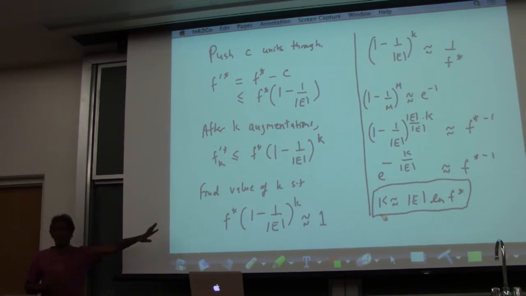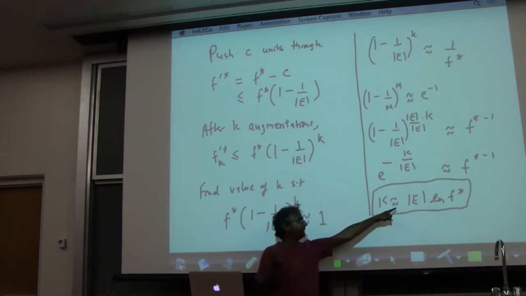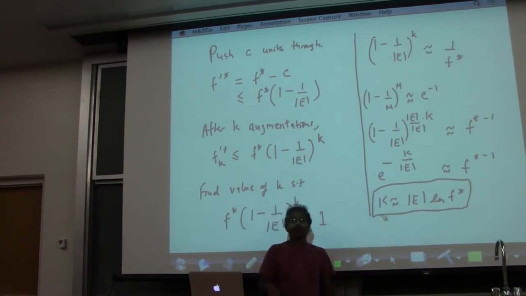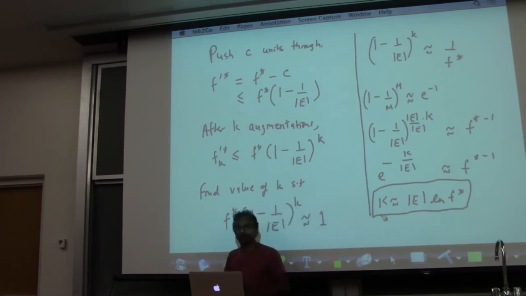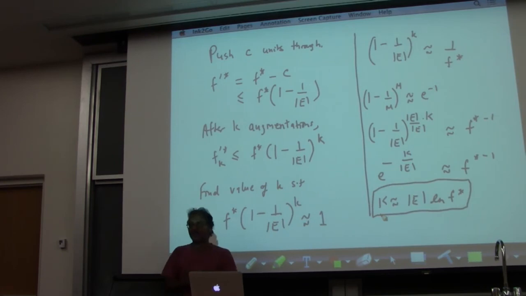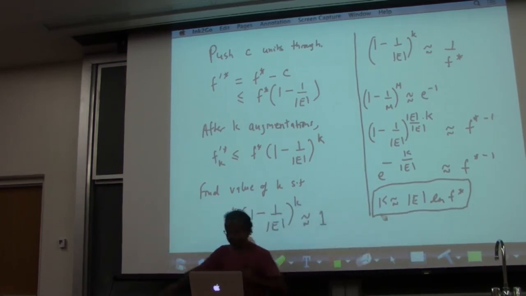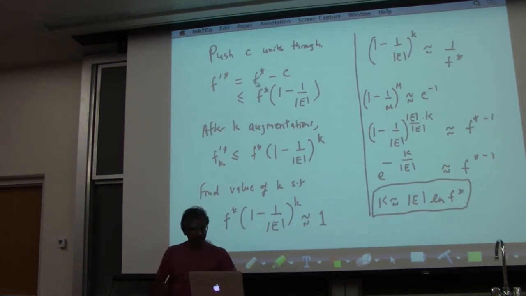This is still, by the way, expensive. I haven't yet told you how much time it's going to take to produce a single fat pipe path. You have to essentially run an MST-like algorithm to find this path. It's called a bottleneck MST. You find this path, it'll take you something like E log V time. So the total running time of this algorithm is now going to be,